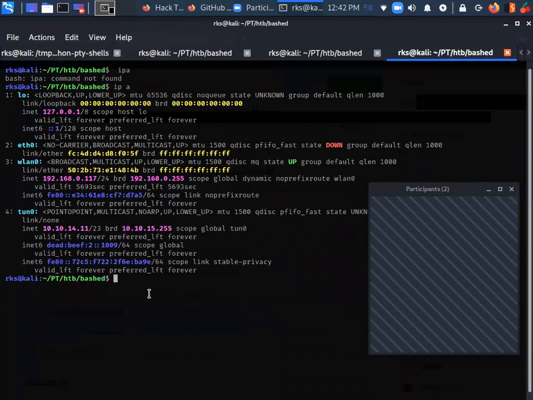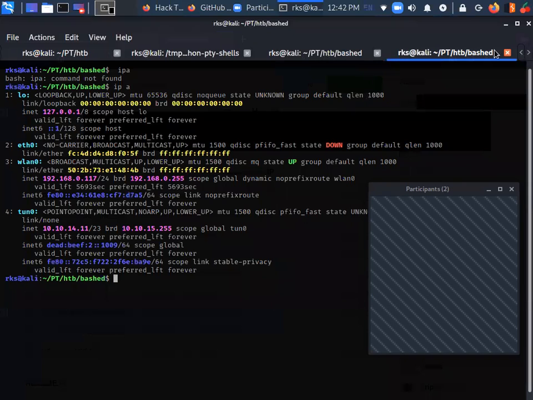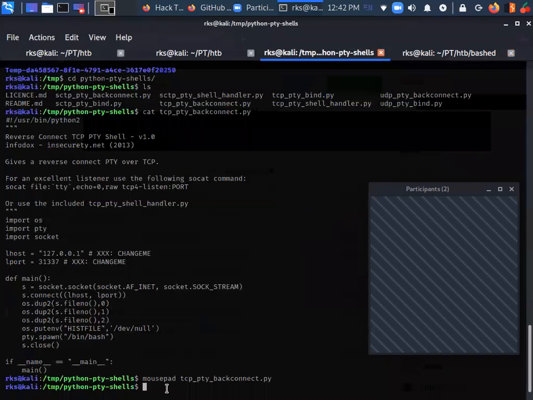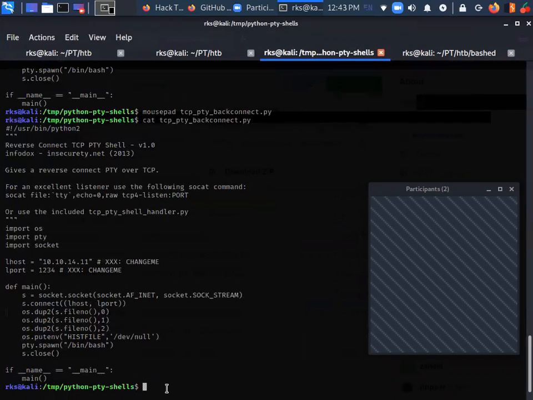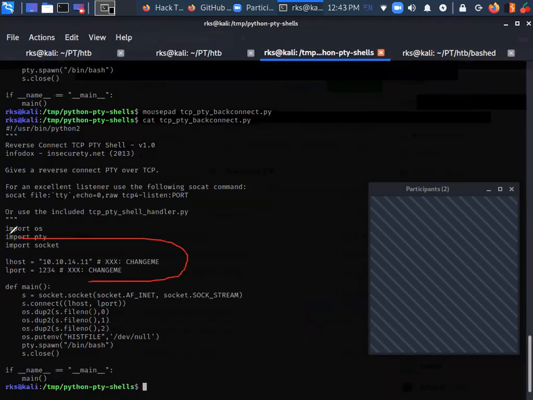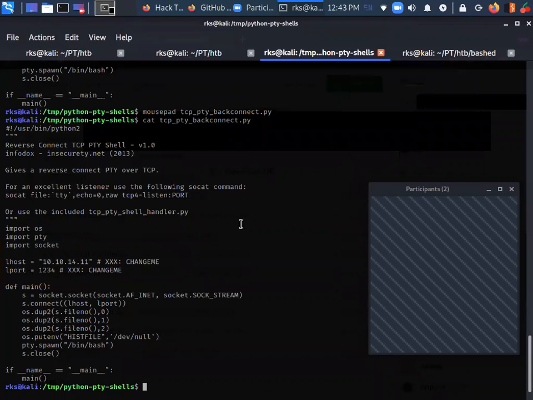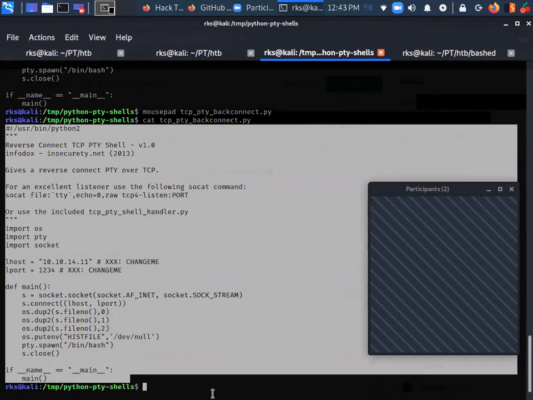And where is my temp directory? Let's try to read it again. Successfully changed it. Let's send this file to my server.